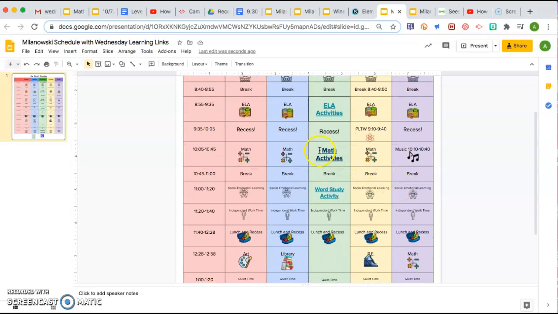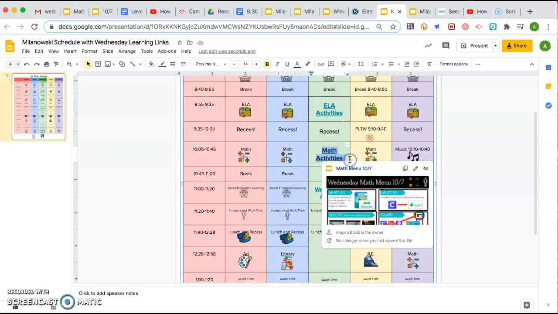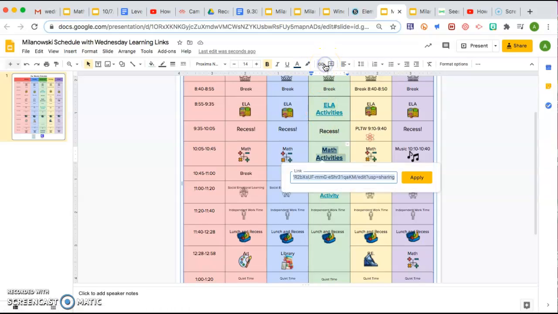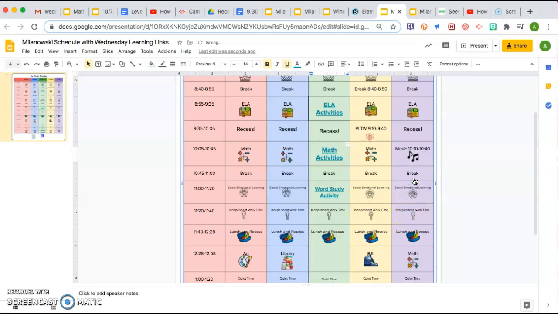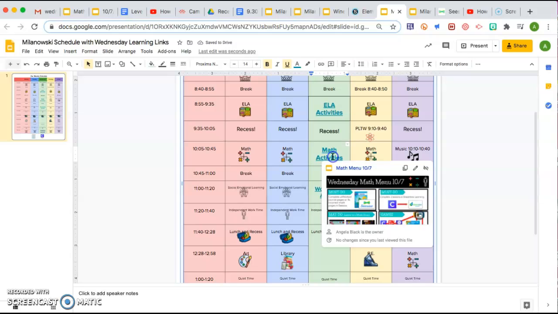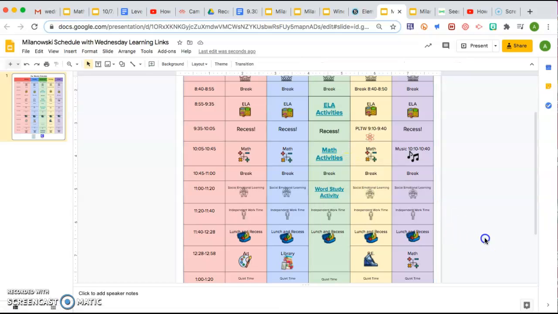And for the math, I'm just going to highlight the math activities. And I'm going to click the little link button once it's highlighted. I can delete the old link from last week, and I can do Command V, paste in the link I just copied, and click apply. And if I want to test it, I can just click on it and it will show me a little thumbnail of what it is. Or if you want to click all the way, you can click on that blue title